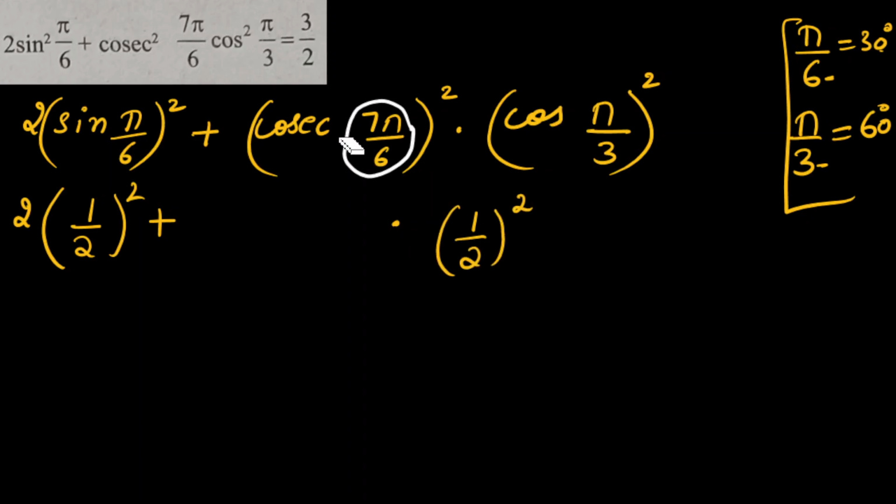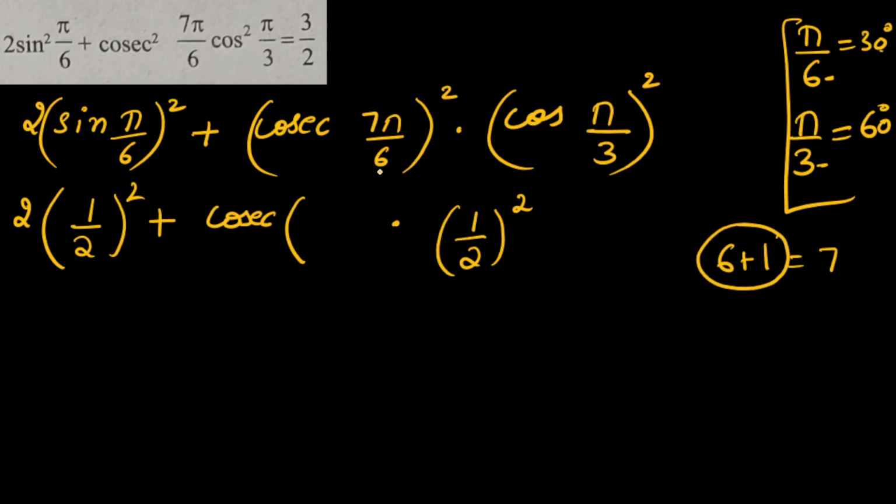Now, in the previous exercise, we have learnt how to convert these angles into standard angles. First of all, you have to see what we need. We need 7 pi, and how will we get 7? The denominator is 6, so if I do 6 plus 1, I'll get 7. So this is cosecant, write it as it is. Now for 7 pi by 6, we got to know we have to do 6 plus 1, so with 6 we have to multiply 1.